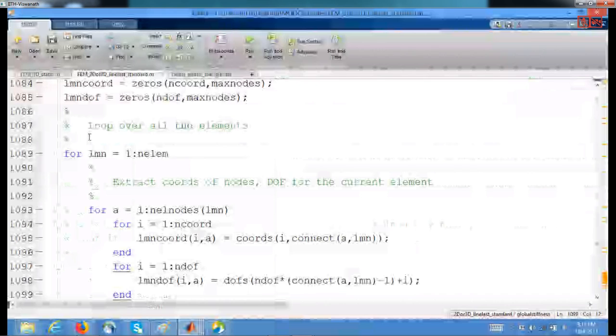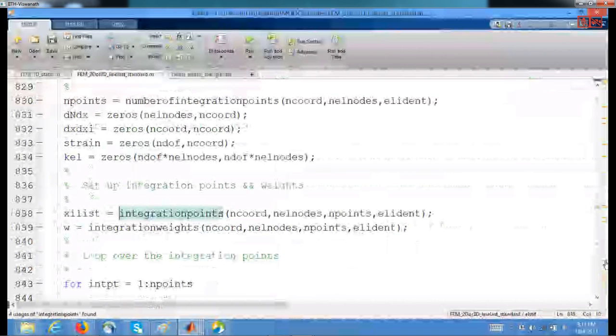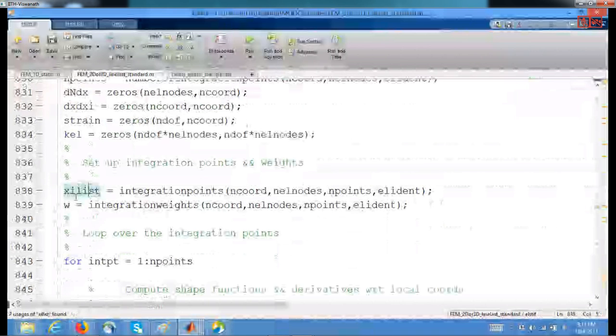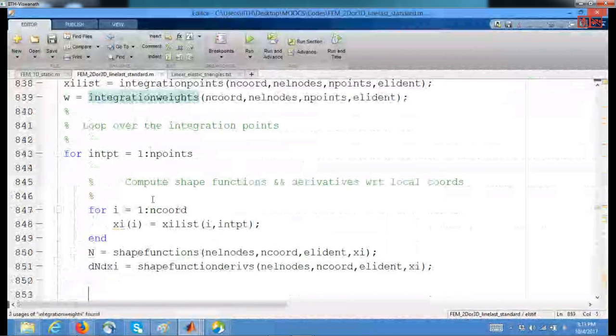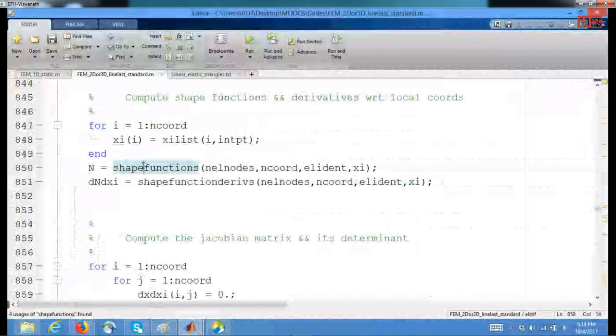So now for a corresponding 2D or 3D element, you get the corresponding Gauss points and Gauss weights, or integration points and integration weights, whatever you call them. Then you can loop over all the integration points and get the shape functions from this shape function, and the derivatives of the shape functions in the local, natural coordinate system. We don't want the derivatives in the local coordinate system, but we want derivatives in the global coordinate system. That means